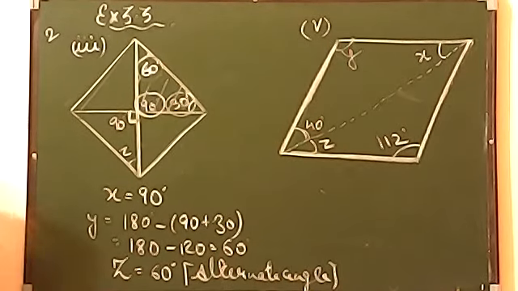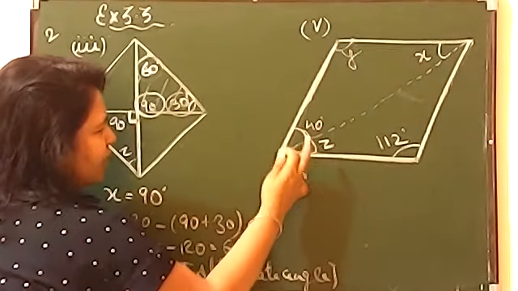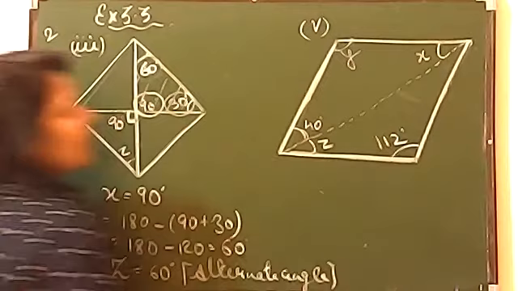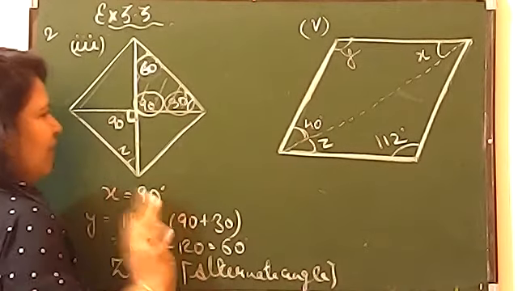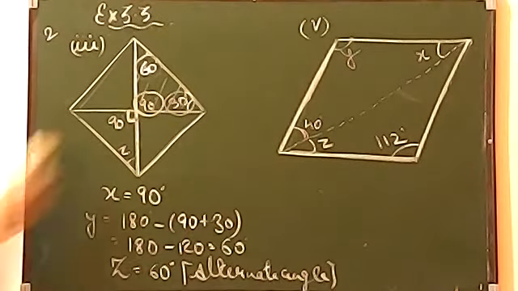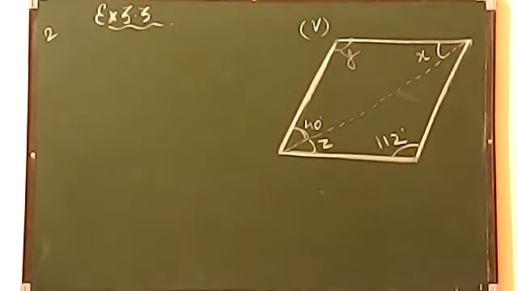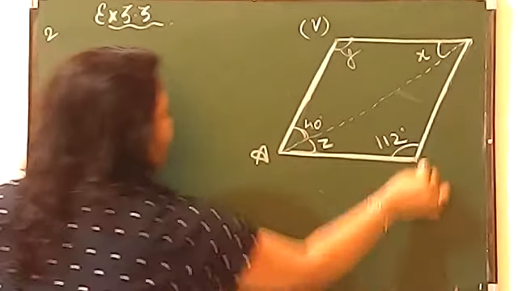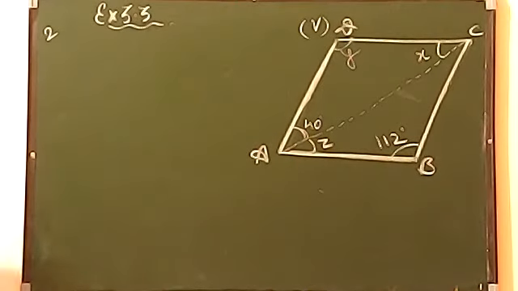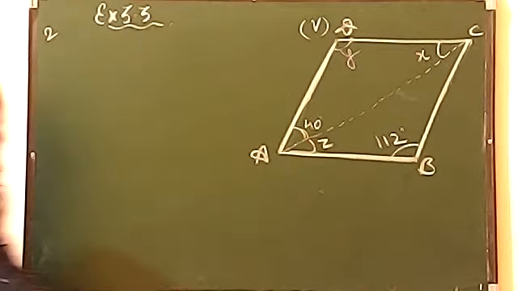Or leave it, let us do it another way. It's not y, y will not be 40. Look here, x will not be 40 either, there is no name here at all. Let us do it once again. First we find out what we know. I am rubbing this one because it will need a little solution over here. So just look here properly. This is 100, and let me give the names A, B, C and D. Now look at the figure properly. If this is 112, tell me which angle will be 112?